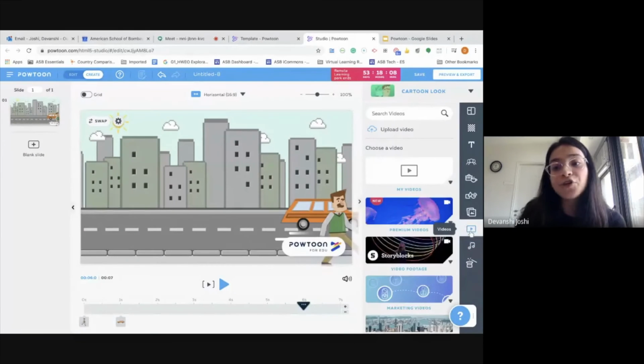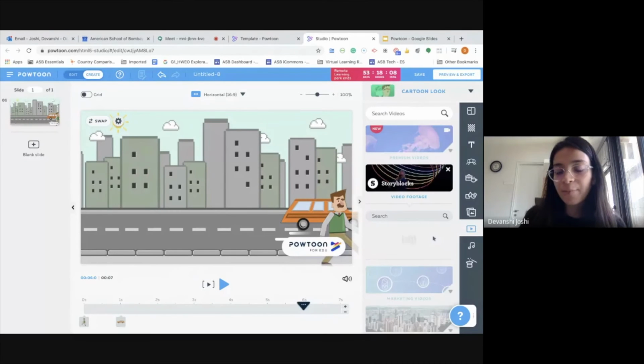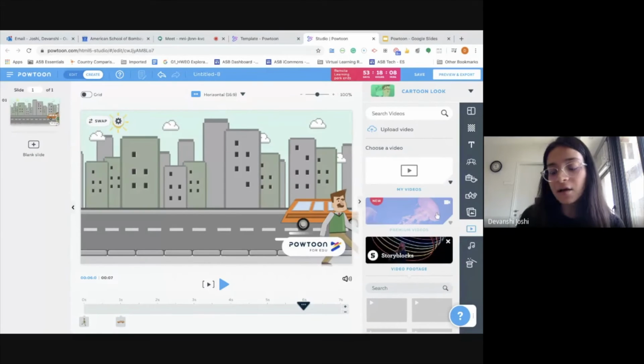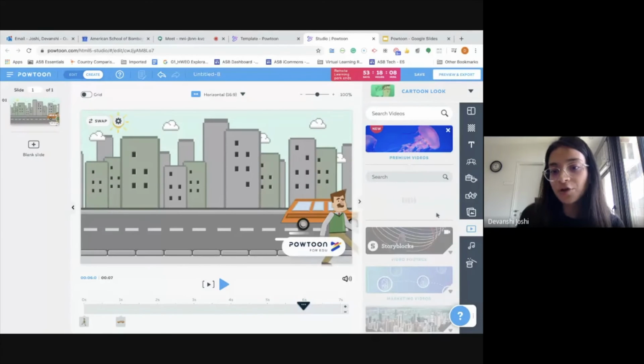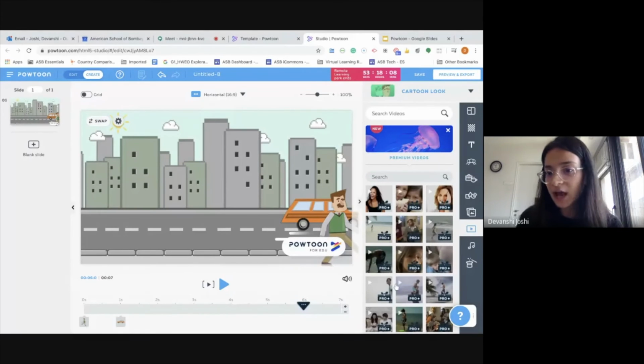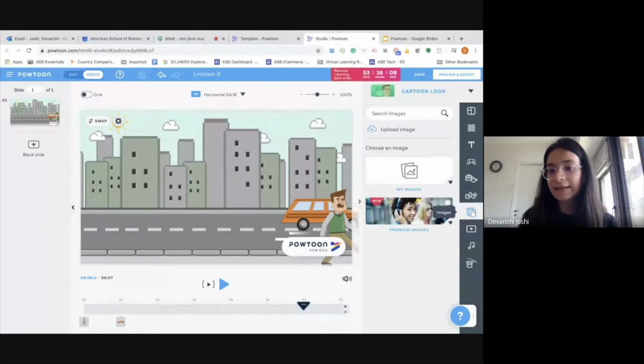You have a lot of video options that you can also import. So it's as easy as importing an image. You just tap on the drop down menu, and then you have a lot of video options that you could import. If you get activated to the Pro account, you will get access to a lot of good images, props, because you'll see most of the videos are for the Pro version. So again, try getting yourself, just write an email and get yourself access to the Pro version.